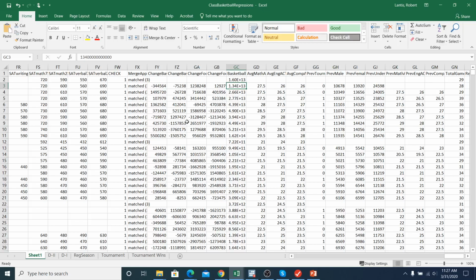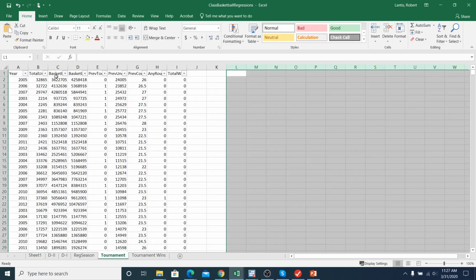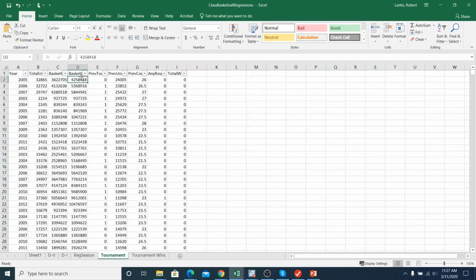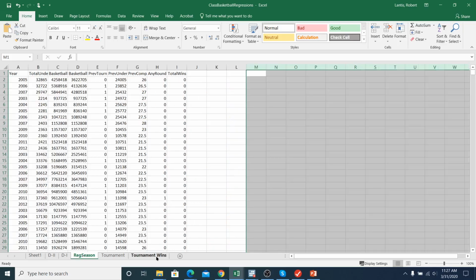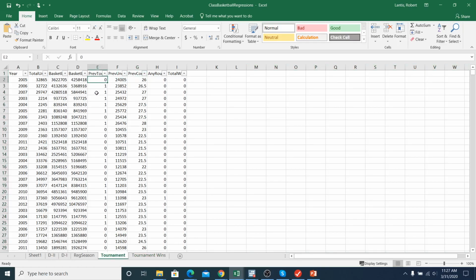I usually copy this and paste it on another sheet, get rid of the variables I don't need. So I did that here. Right now I've only got expenses, revenues, and the other things that we controlled for, and played around with that to get to the regression results that I was showing you earlier. Okay? So yeah, here the tournament wins is the one that I was looking at. Here's the effect of making the tournament previously